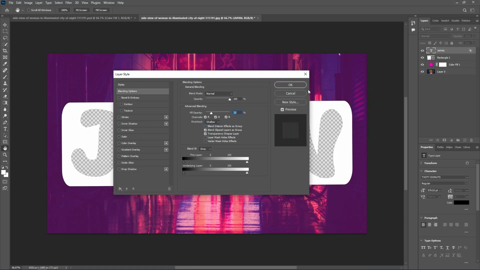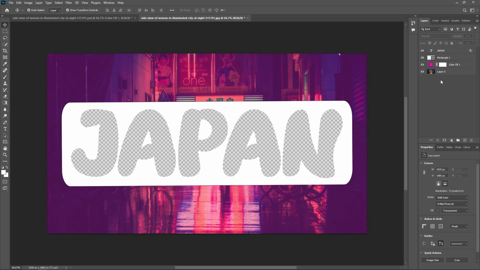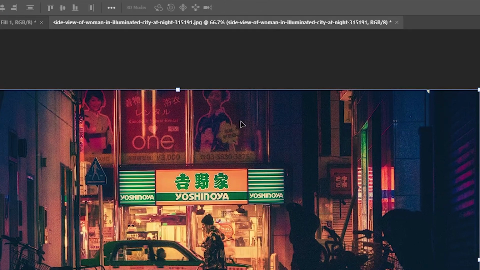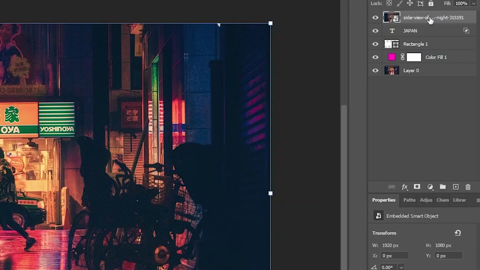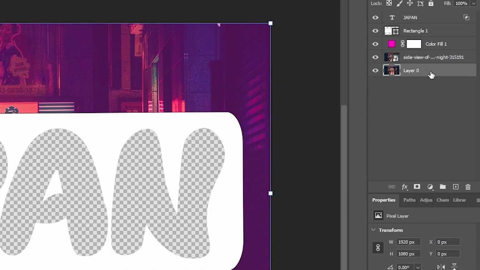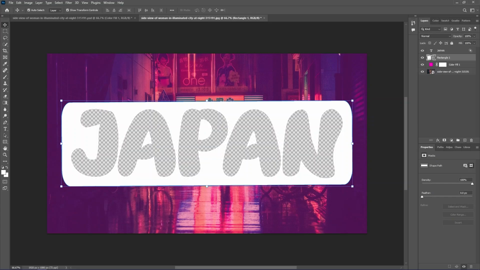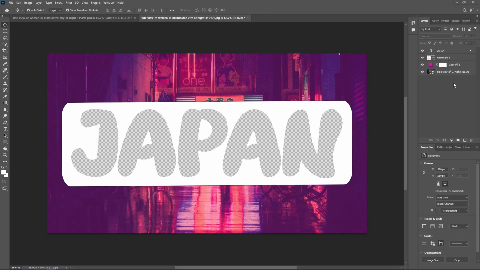So let's put it until over here. I've added this image like this, like I've taken this, then added it here as a separate background. Then when I do it like that, it's coming as a separate background. Other than that, you can just add it like this, then put it down, then you can delete this, and still you can't get it. You know why? The problem is that you need to take this Japan text, then also this rectangle